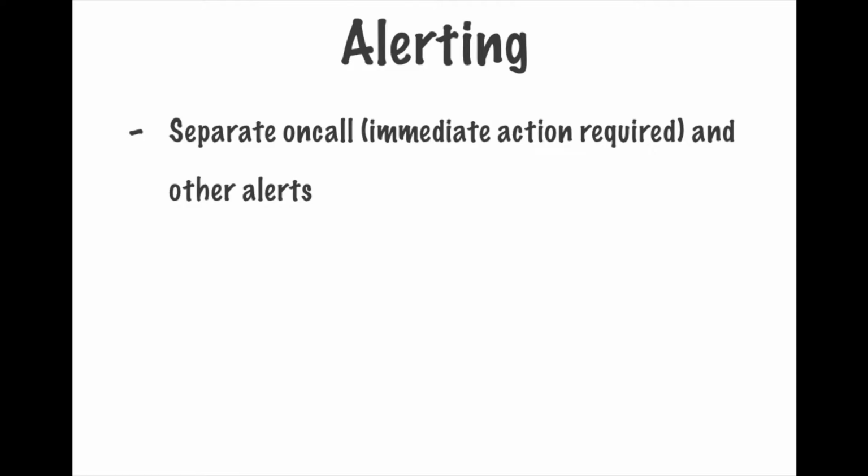Basically, we spent some time and separated the really important alerts. We call them on-call alerts, and we put them into one Slack channel, and we know that if those alerts are triggered, you need to react somehow, and other alerts are not that important, they are on a separate